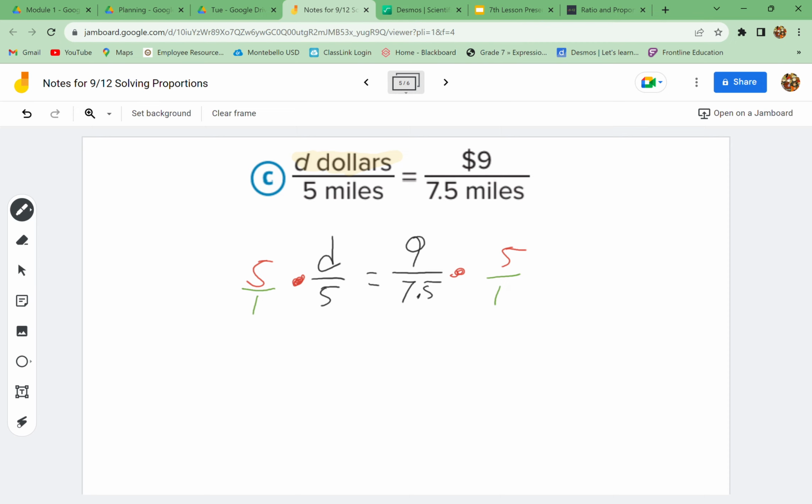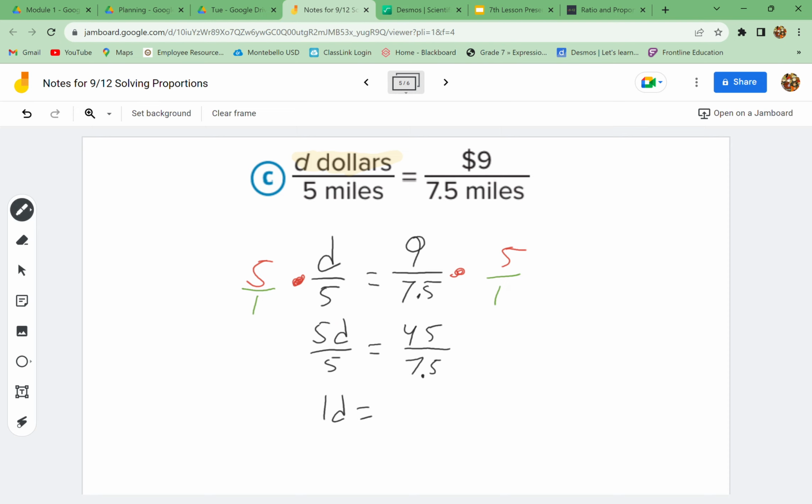So then I have 5 times d is 5d, and 1 times 5 is 5, is equal to 9 times 5 is 45, and 1 times 7.5 is 7.5. Right here, 5 divided by 5 gives me a 1, so I have 1d